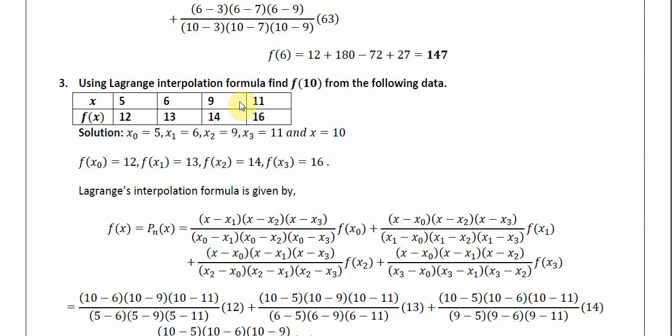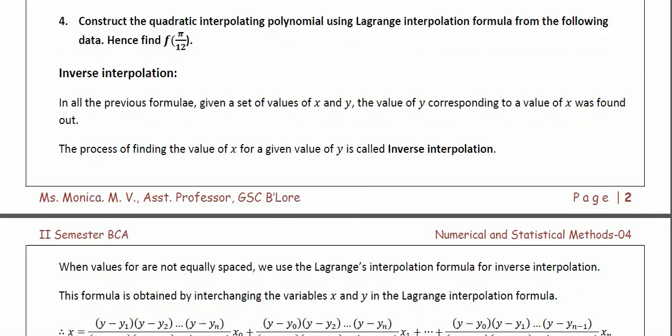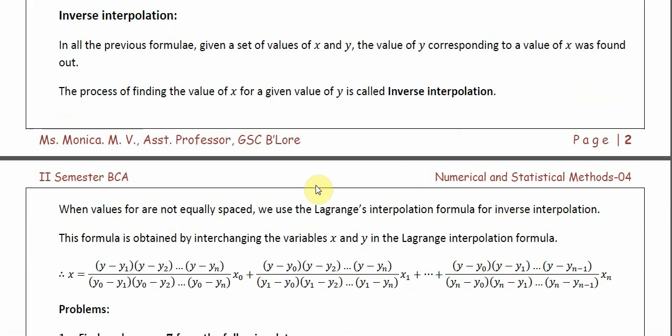But sometimes you have a value, say 15, ಯಾವ ಪಾಯಿಂಟ್ ಅಲ್ಲಿ ತಗೊಳುತ್ತೆ ಅಂತ ನಾನು find out ಮಾಡಬೇಕು. That means given a value of f of x, I want to find a value of x where it takes this particular value. In that case, we call it the inverse interpolation. Y value ಕೊಟ್ಟಿರ್ತಾರೆ, x value find out ಮಾಡೋದನ್ನ inverse interpolation ಅಂತ ಕರಿತೀವಿ. The process of finding the value of x for a given value of y is called inverse interpolation.